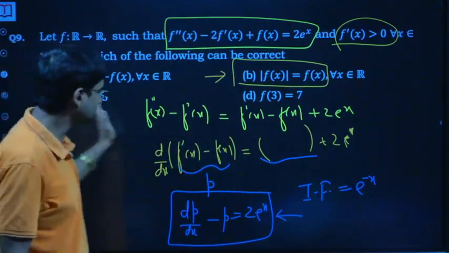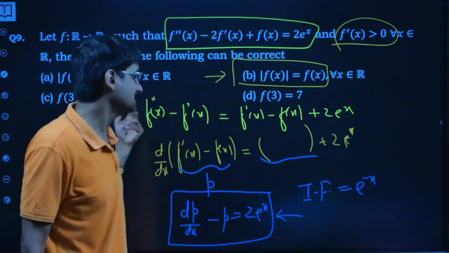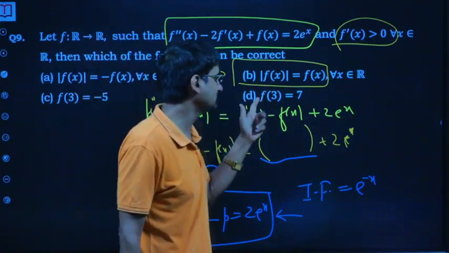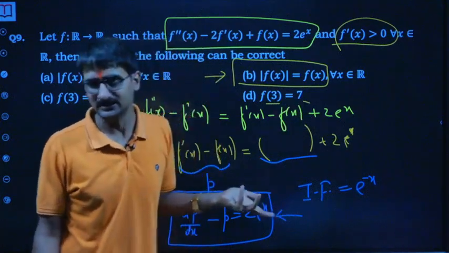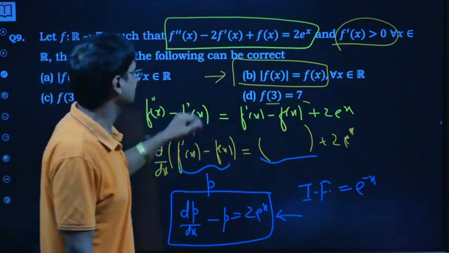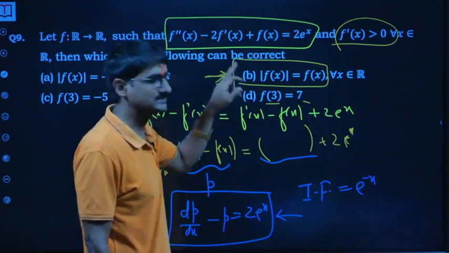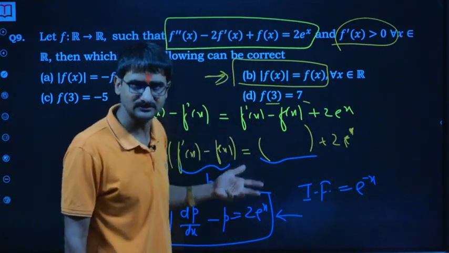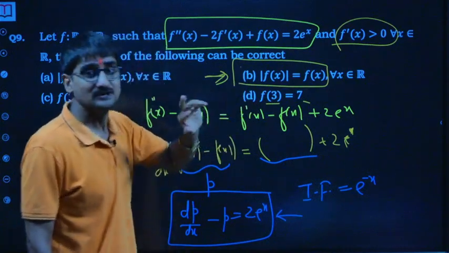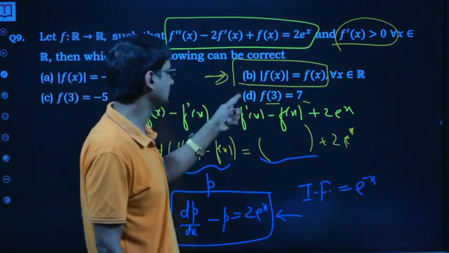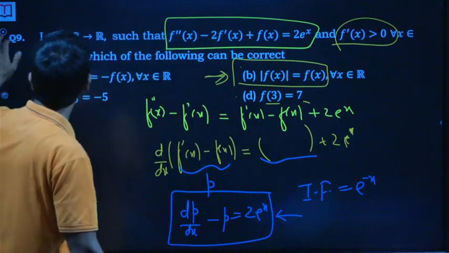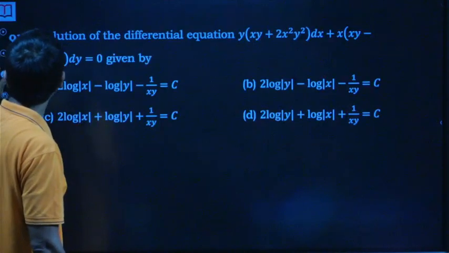We can't claim anything about the values. I mean, of course, we can say that if it is always positive, f3 can be 7. So that can again be the correct one. Okay, but since it's a single correct question, the correct option is this. If this would have been a multiple correct question, I would have gone for this option also, B and D. Okay, so now quickly moving to the 10th question.